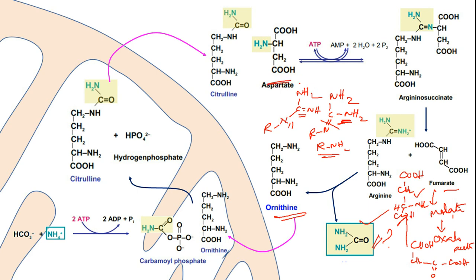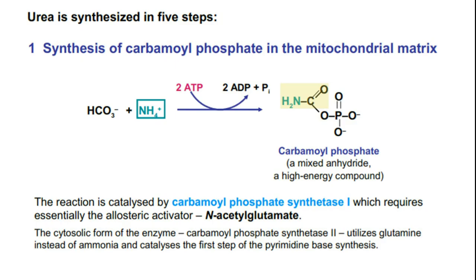Okay friends, so this is the way how the urea cycle happens in our body. If you look at the significance of individual steps, the first step is actually the step which regulates the rate of the urea cycle. Here 2 ATPs are consumed. So carbamoyl phosphate synthase 1 is the regulatory enzyme over here. In our body we have two such enzymes.